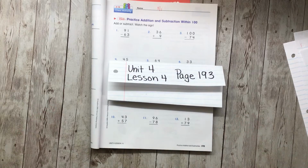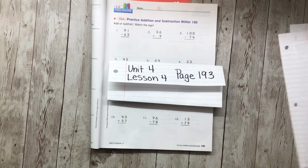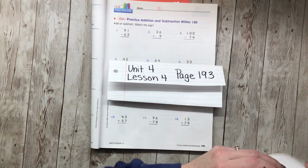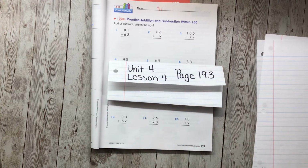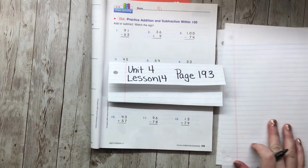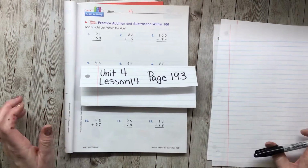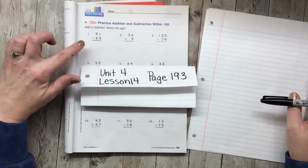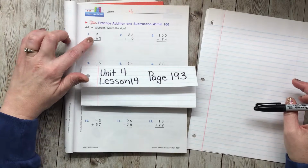Hello, my friends. Today we are working on Unit 4, Lesson 14, whoopsie, page 193. When we look at page 193, we immediately notice something important, and that is that we have subtraction and